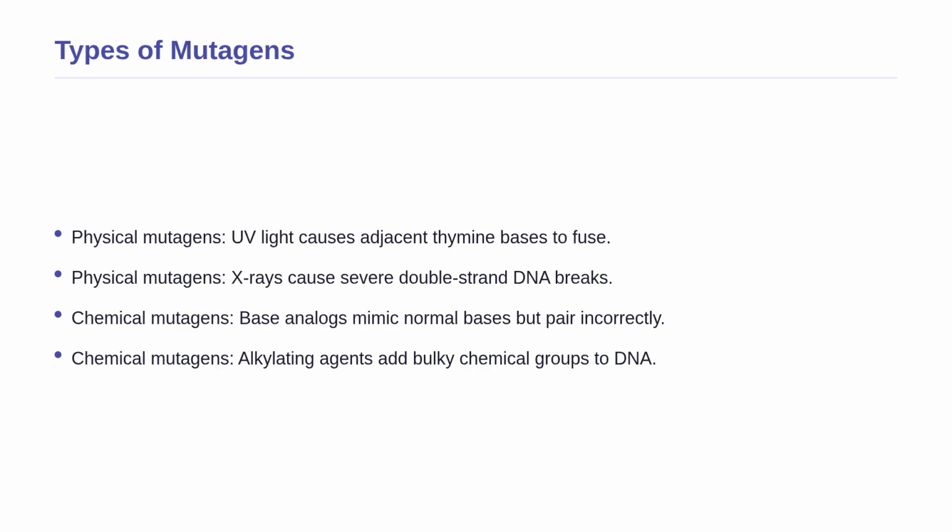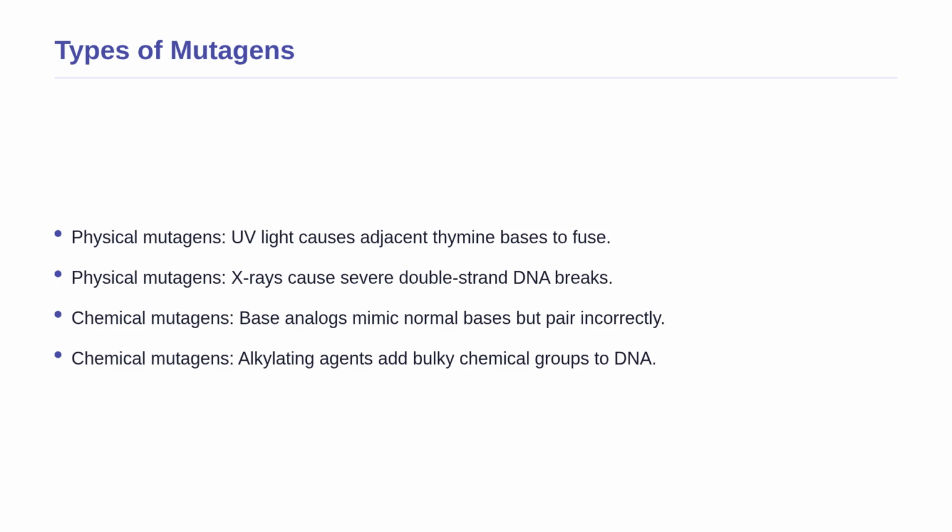Building on the concept of mutagens, let us categorize the specific agents that cause this damage. Mutagens can be physical or chemical. Physical mutagens include ultraviolet light, which causes adjacent thymine bases in the DNA to fuse together inappropriately. Another physical mutagen is ionizing radiation, like X-rays, which are so energetic they cause severe double-strand breaks in the DNA